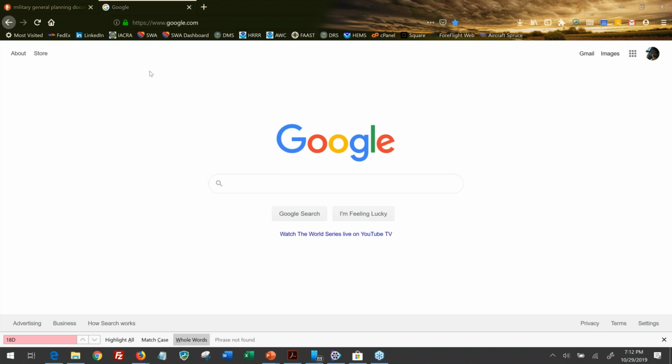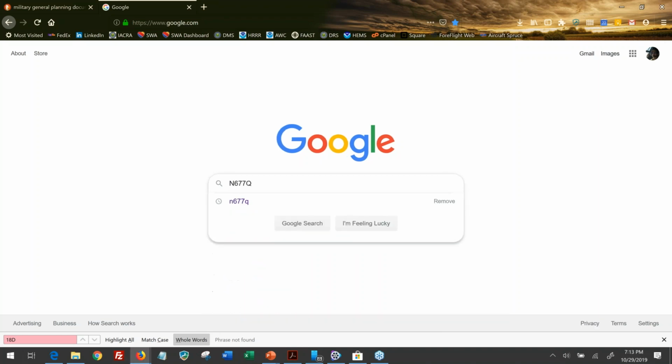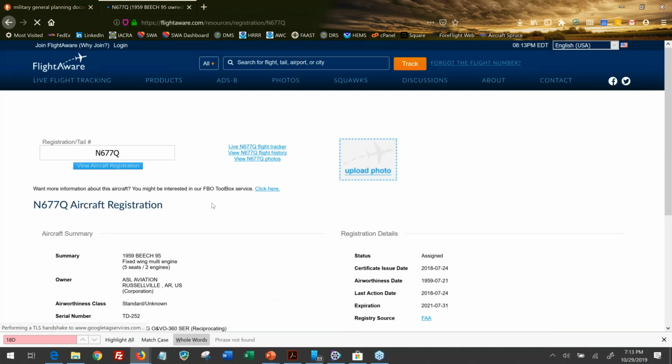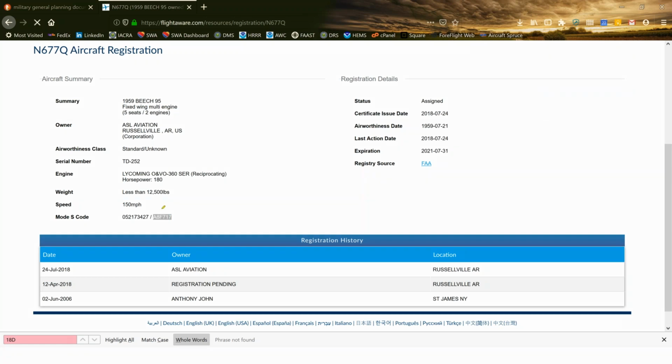So if you go to Google and you type in a tail number, FlightAware will even have it. I just go with whatever the first link is. Go down, and right here is the Mode S code. Let me use my highlighter tool.